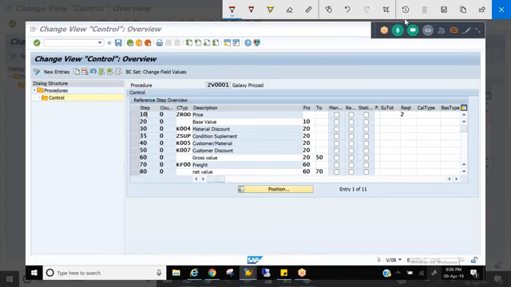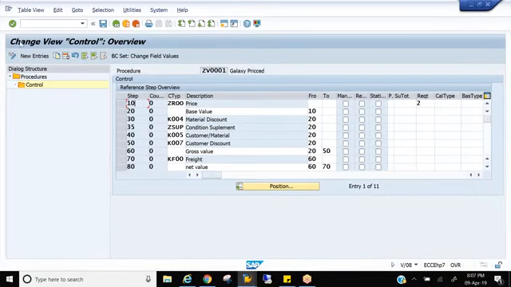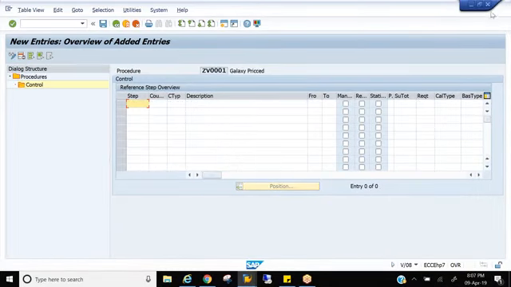As for HANA, the change is that this counter used to be only 2 digits in ECC. You can enter only 2 digits, that means up to 99 only. But in S4 HANA, they have made it 3 digits, because as I told you, if you don't have space here, at least it should accommodate here. So counter is nothing but like a substep.